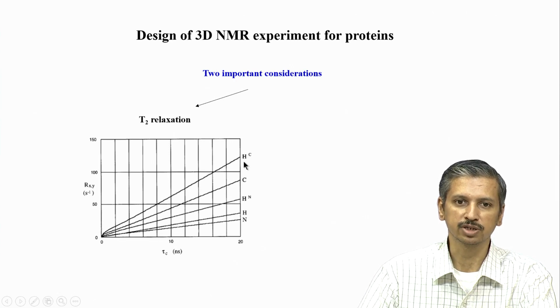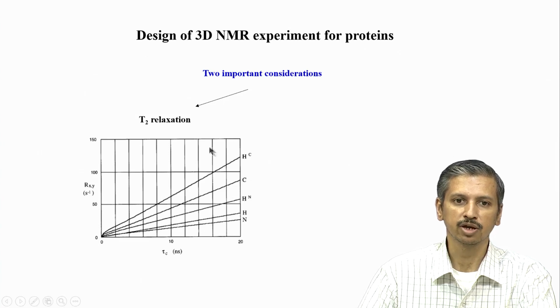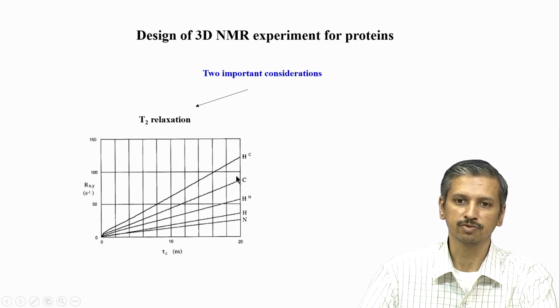So, you see this is a proton which is attached to a carbon 13 nucleus, CH. This is for the carbon atom of any amino acid. So, we are looking at proteins here. Amide protons also get affected with size, but the proton and the nitrogen is not so much, because for nitrogen the gyromagnetic ratio is small. So, its relaxation also shows a relatively shallower increase with size, but carbon and proton you can see here are maximally affected by increase in the size of the protein.